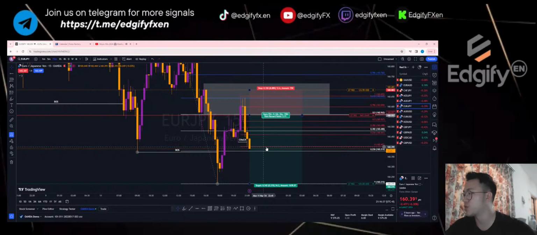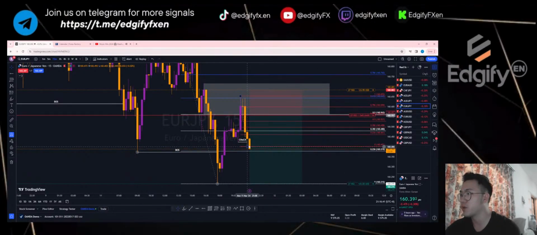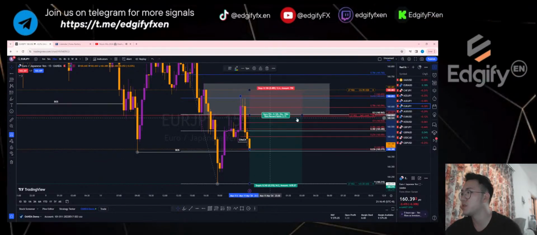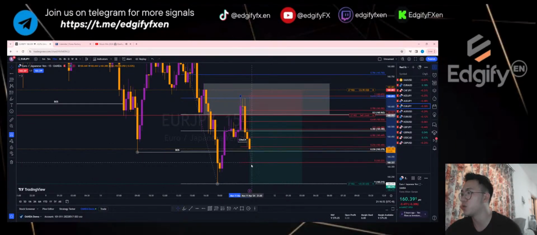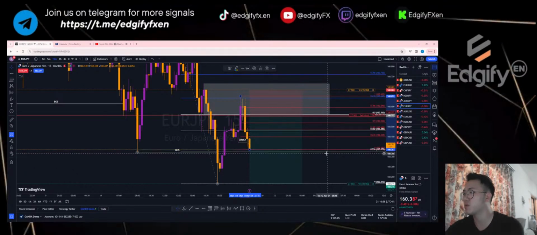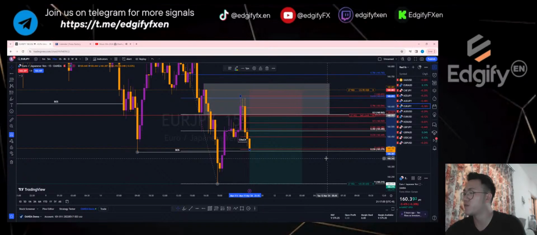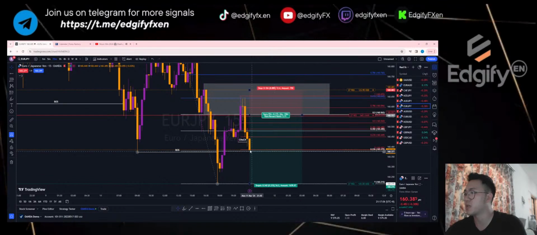But this I might have to trail, I might have to readjust the entry again. Because if this is going to continue moving downwards, then my entry level will be different. Supposedly it's right now at this level here. If it goes lower, I have to pull it lower and lower. We'll see how further on it will go. If it continues to drop, then I will have to readjust my sell limit again.